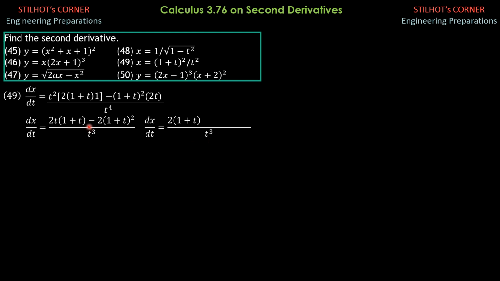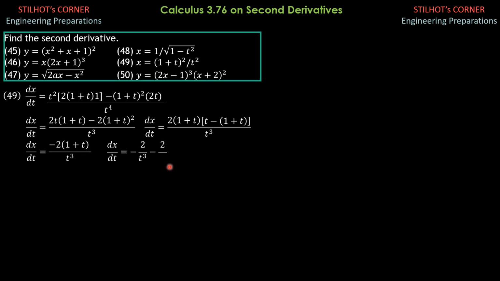Then quantity t minus quantity 1 plus t, then all over t cubed. So simplifying, dx/dt is 2 quantity 1 plus t times negative 1, so that's negative 2 quantity 1 plus t all over t cubed. So we have derivative of ratio, or we may simplify this into negative 2 over t cubed, then minus 2